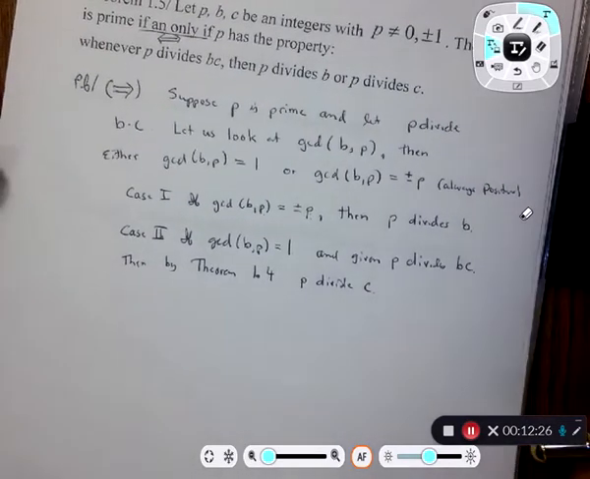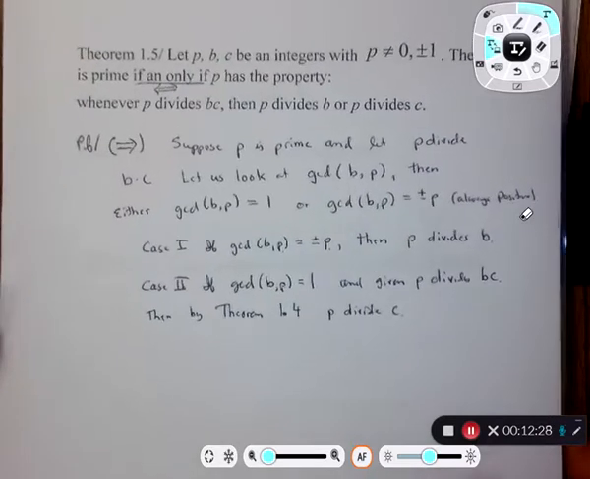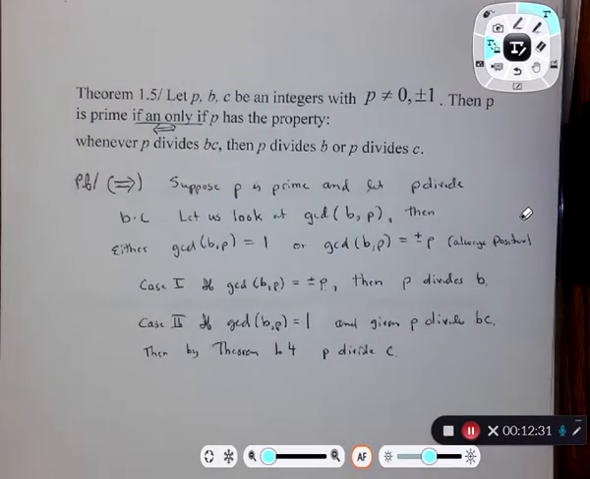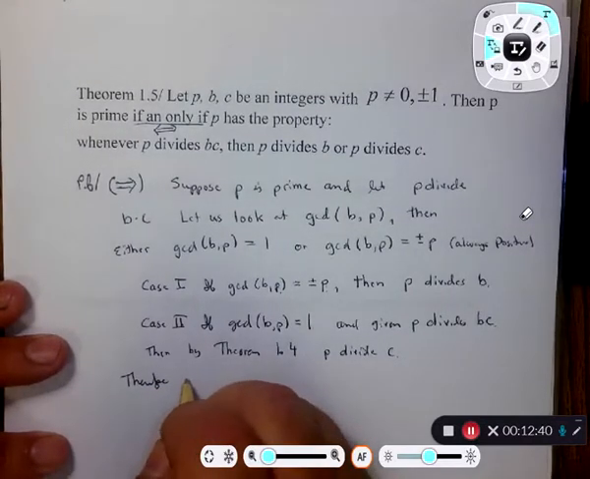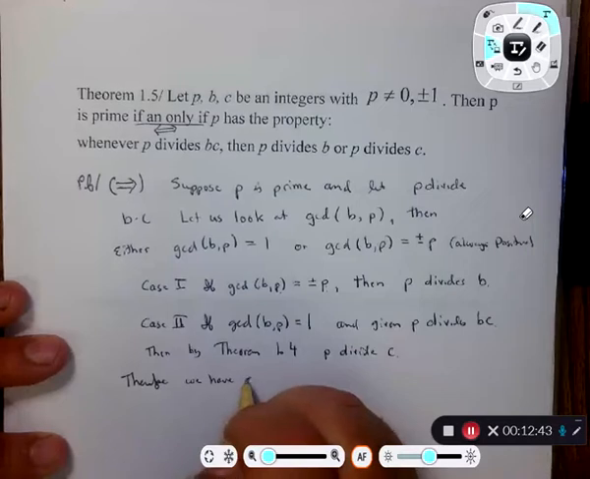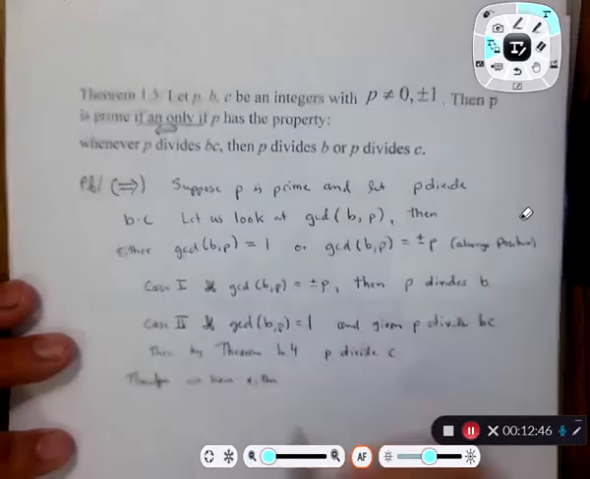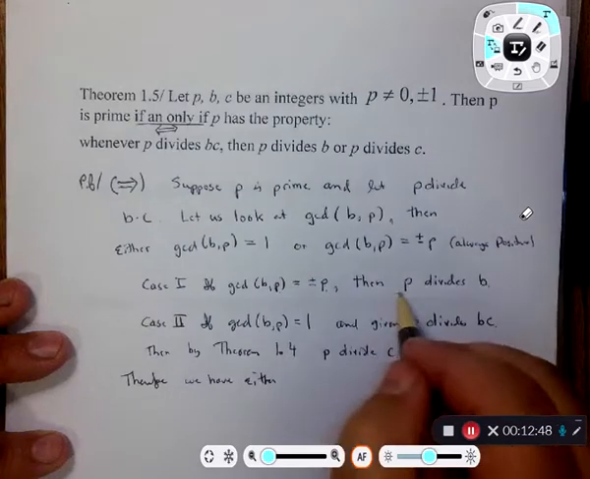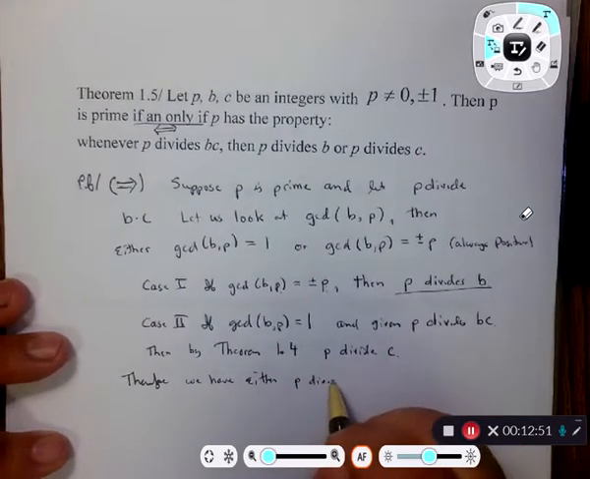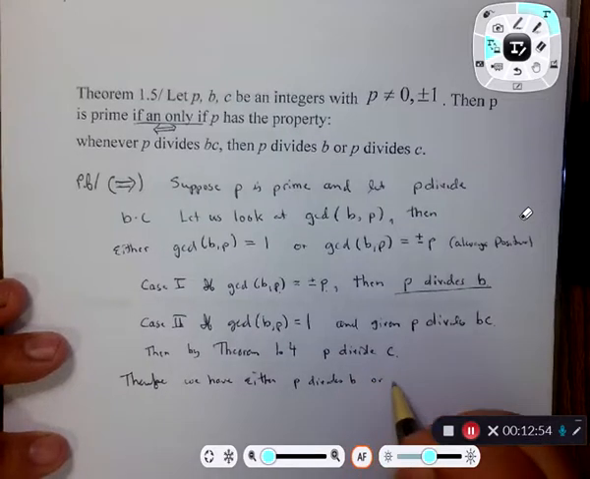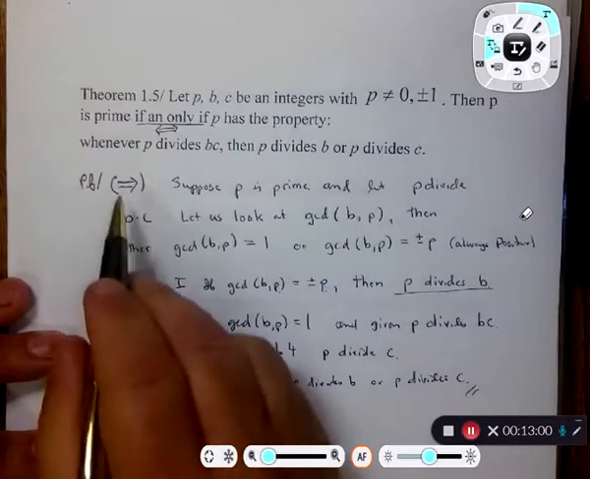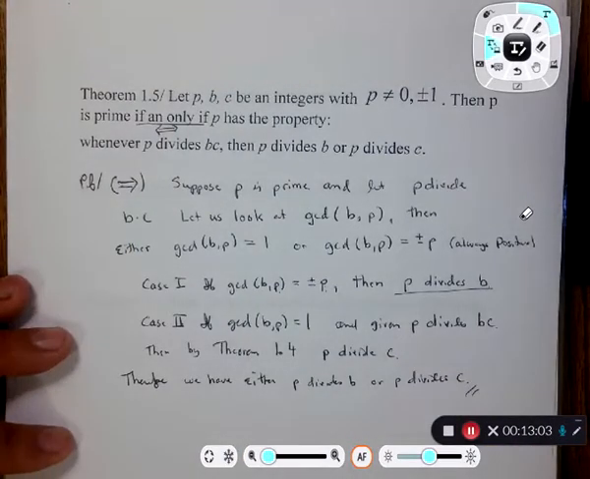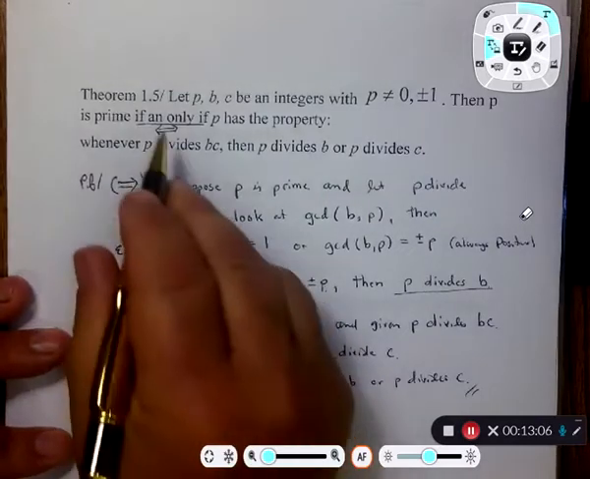So what I've got going on here is this. Okay. So therefore, we have either P divides B or P divides C. And I'm done with my forward way implication. Now, to do the if and only if,